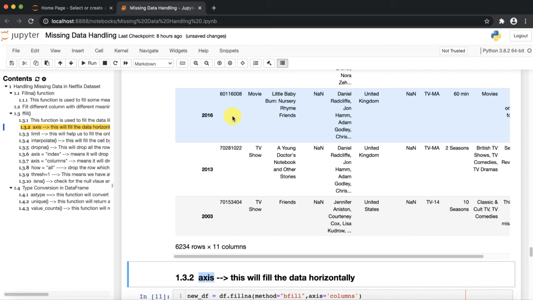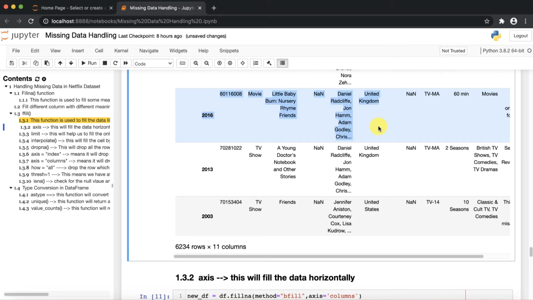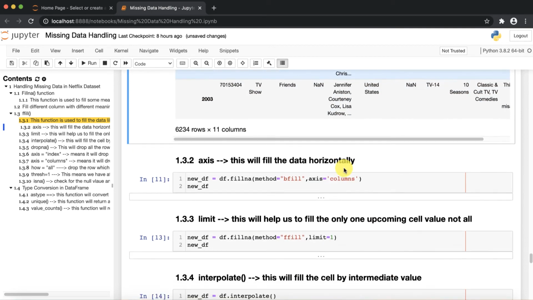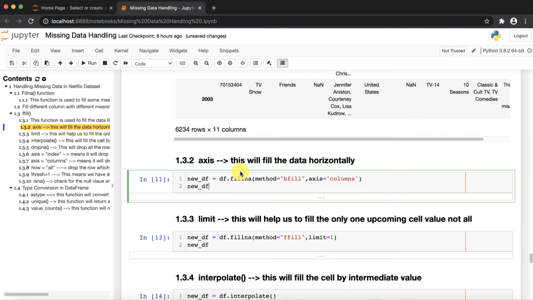But now if I want to go row wise, for that the axis parameter is there. So the same code you need to copy and paste: df.fillna, method equals backward fill, and axis equals columns. This will fill the horizontal data. So if I execute this,